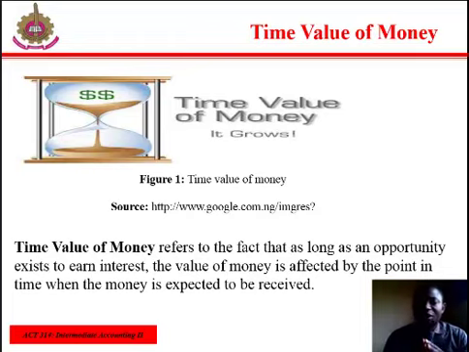Five factors of a time value of money calculation. We have the number of time periods involved, the annual interest rate, the present value, and the payment, if any exists. If not, payment equals 0. Lastly, we have the future value, that is the naira amount you will receive in the future.